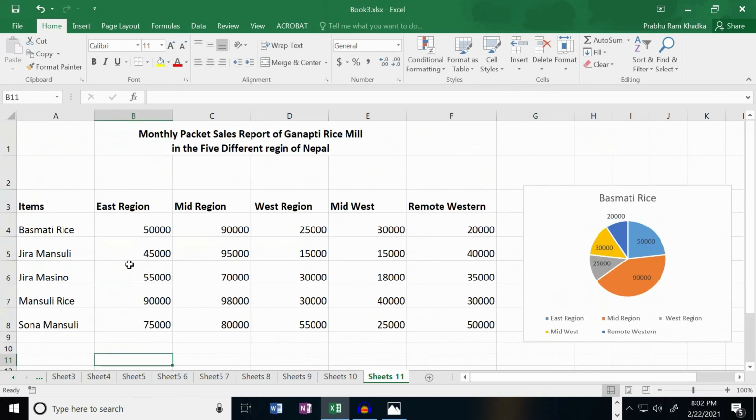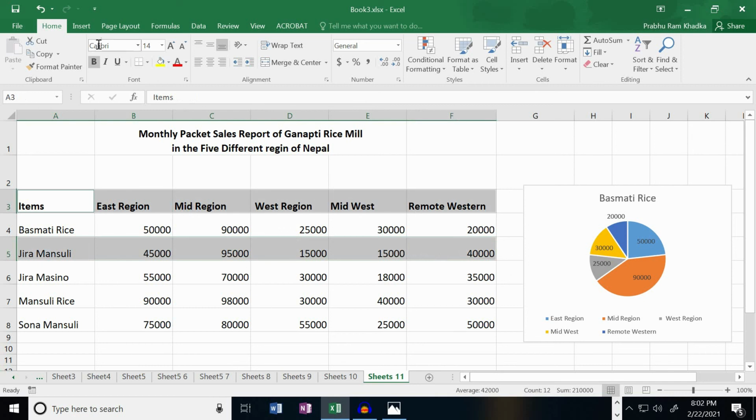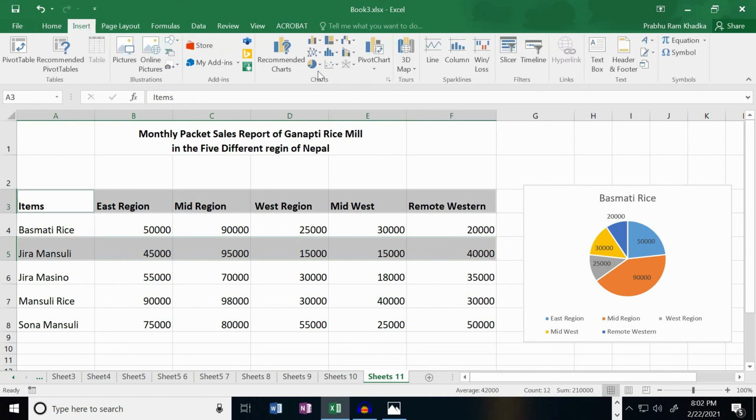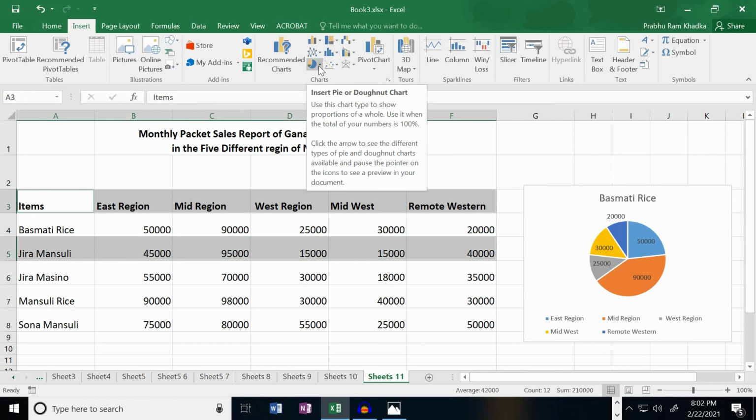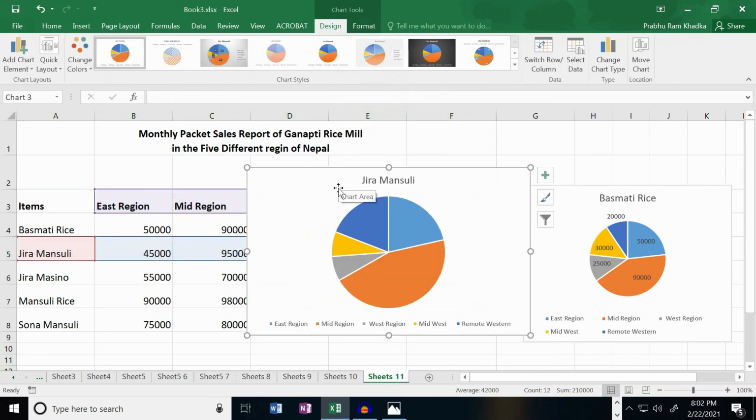Now select the next record with heading. Select the record and hold down the control key and select the heading. Now go to the insert tab. Click the drop down button of pie charts from the charts group of the insert tab. Select the chart type. Now it is inserted. Now add more elements.